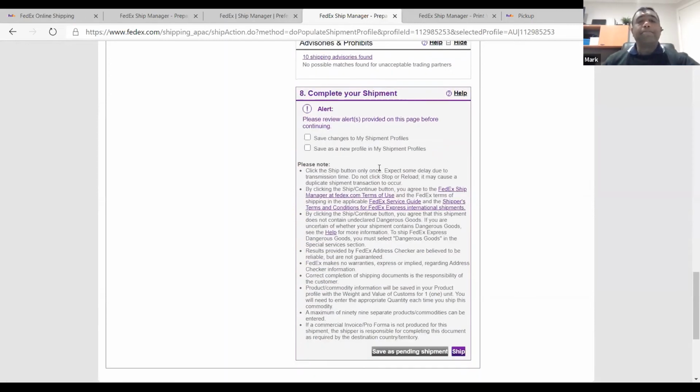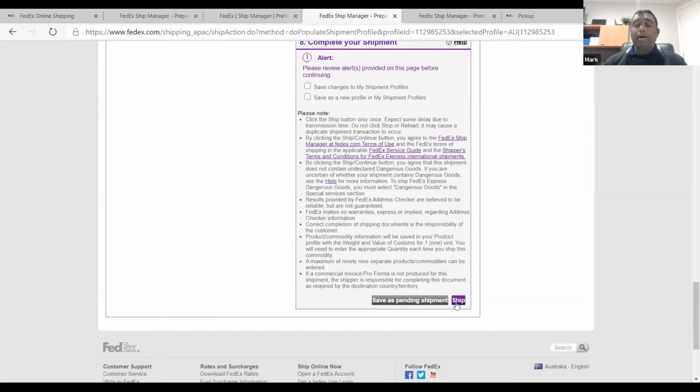then continue to the last step of this shipment preparation, which is the completion of your shipment. So once you fill out all the information required for the shipment, you can press the ship button to complete the shipment. So when you press ship, you will come to